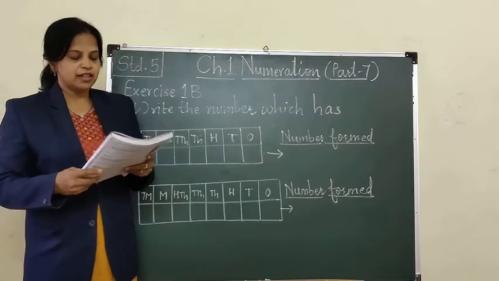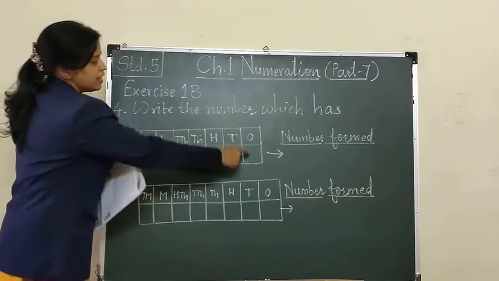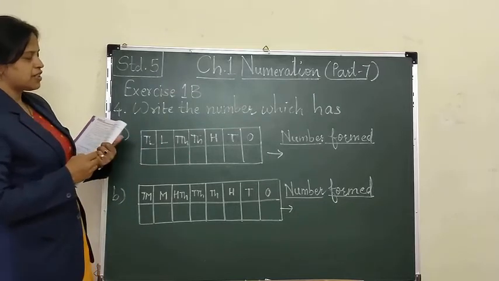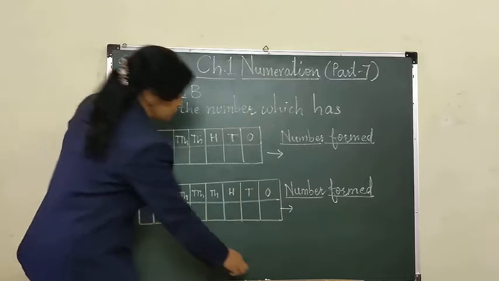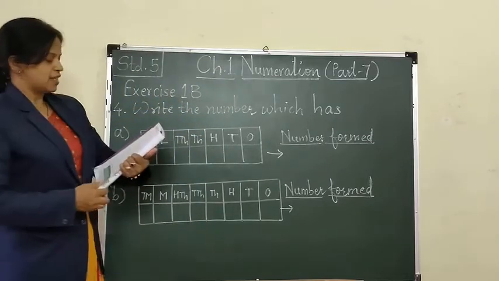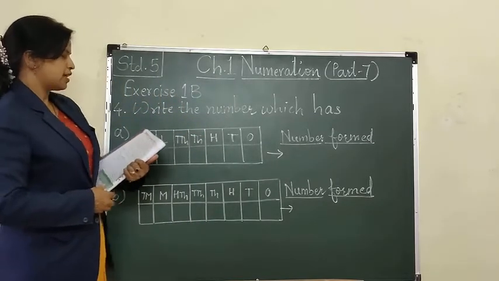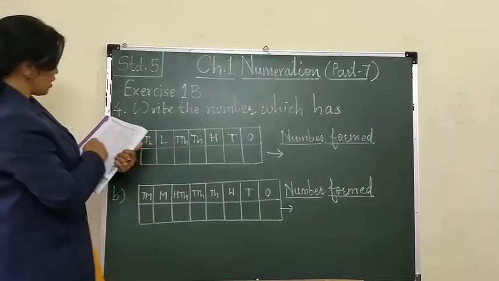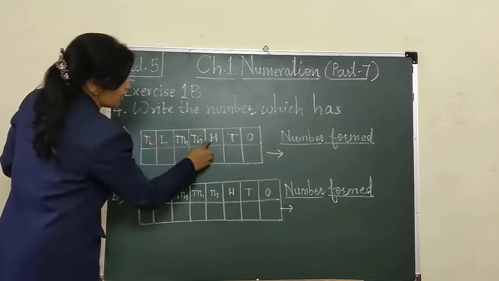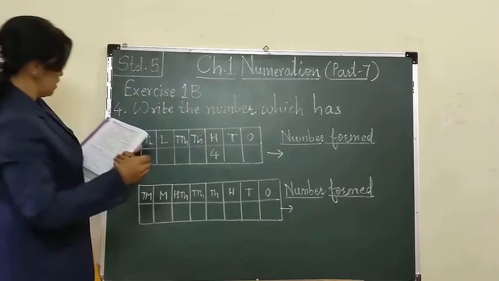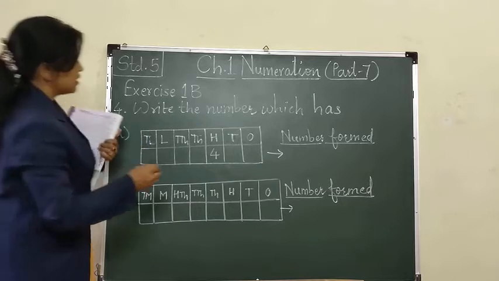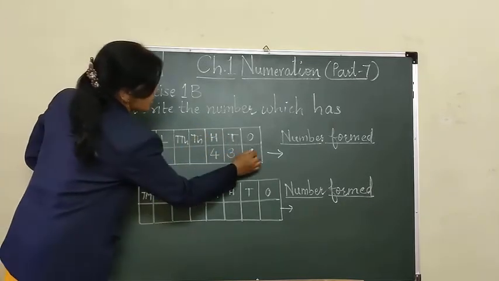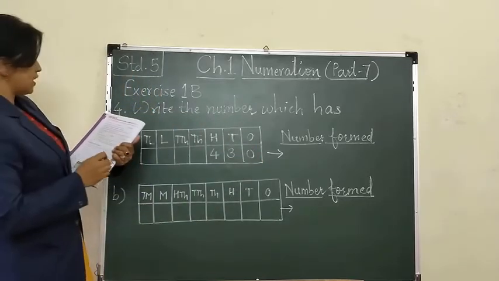Okay. Just see here, I have written the Indian place value chart. Now we are going to write the digit which is present at the particular place. We will write the digit accordingly in that place. See, 4 in hundreds place. If you observe, I have written here the Indian place value chart and now 4 is present in hundreds place. So in hundreds place I will write here 4. Then 3 in tens place. See, 3 is in tens place. 0 in ones place. 0 is in ones place.